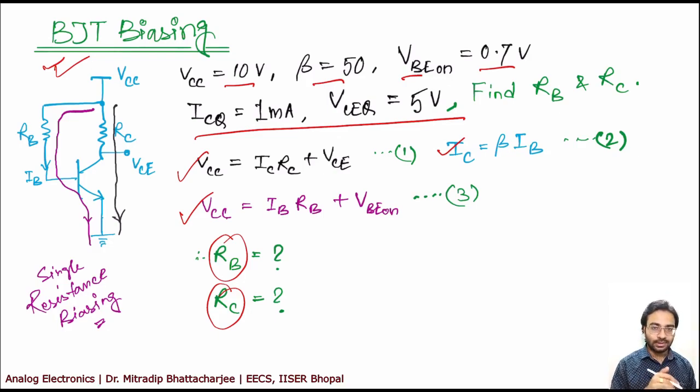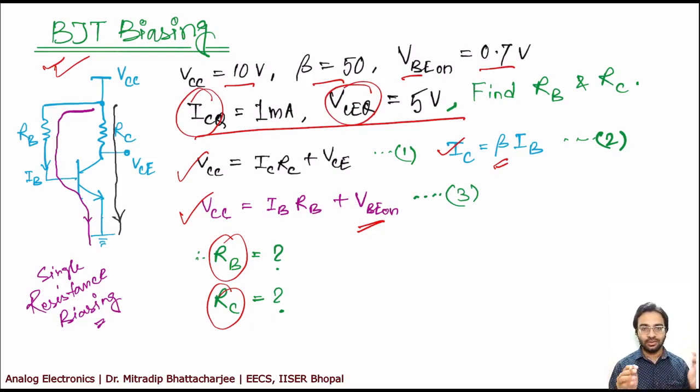I already said this particular circuit is influenced by external parameters like temperature, because beta is a function of temperature. If temperature rises, beta will change. At the same time, temperature has an effect on VBE on as well. So this biasing is not generally preferred, because if temperature affects these two terms, then your actual ICQ and VCEQ may shift or change. We have a better option, which we'll see later, and this is the reason why this circuit is not generally preferred.